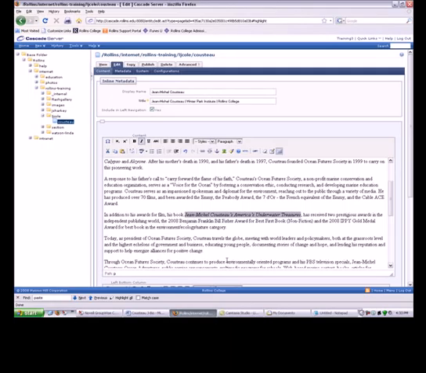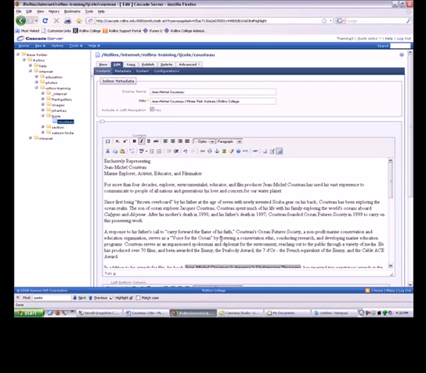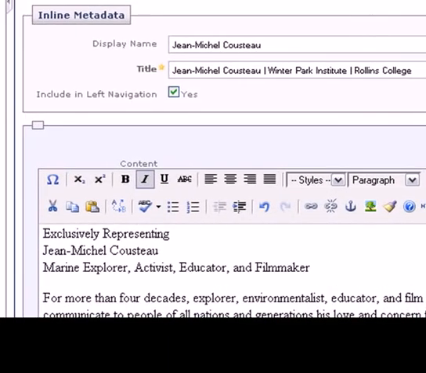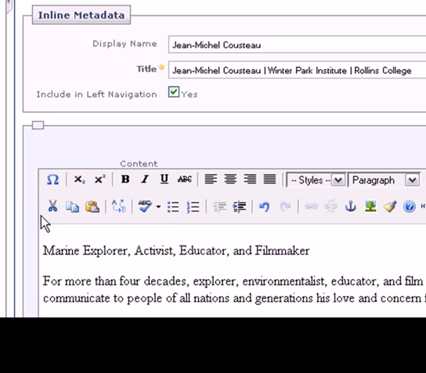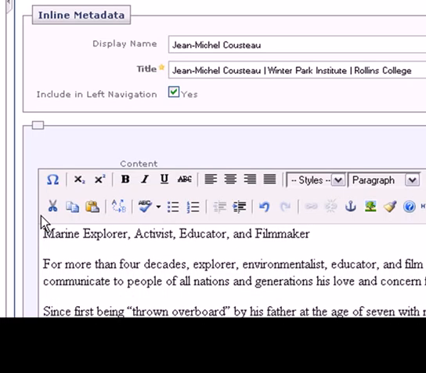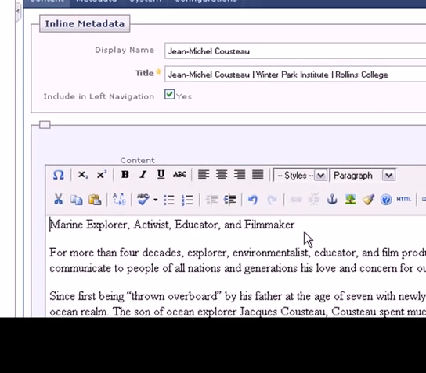I don't particularly want to have "exclusively representing" since that does not apply to Rollins, and I don't need Jean-Michel Cousteau since that will already appear at the top of my page, as I have that listed as my display name. I do, however, want to keep his title, Marine Explorer, Activist, Educator, and Filmmaker, but I want to set it apart from the rest of my text. I'll start by deleting the first two, and then highlight his title,